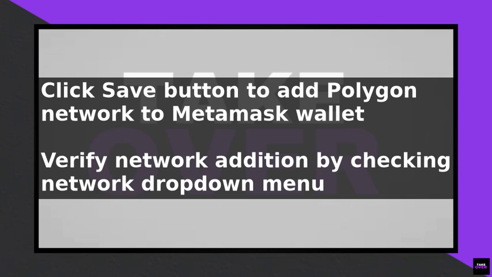wallet. You can verify that the network has been added by looking at the network drop-down menu, where you should now see the Polygon network. To switch to the Polygon network, simply click on the network drop-down menu and select Polygon. You will then be able to interact with the Polygon network, including sending and receiving MATIC tokens and interacting with